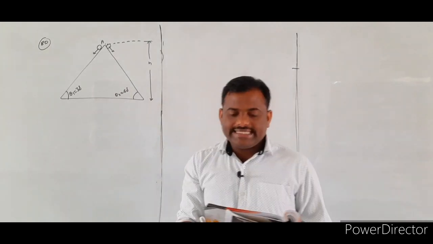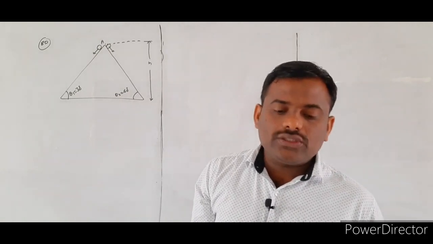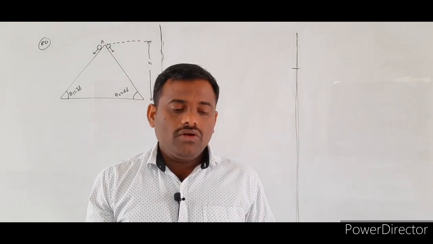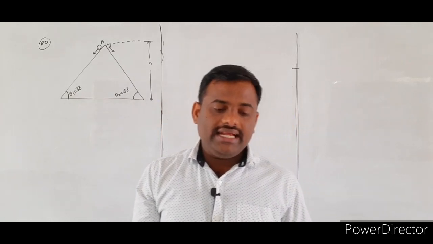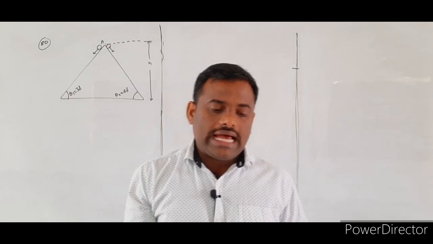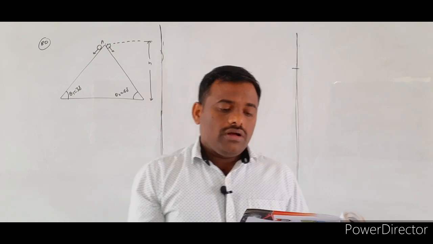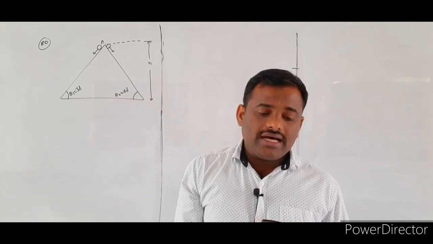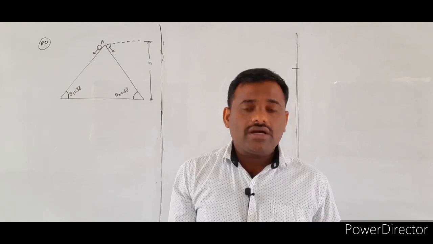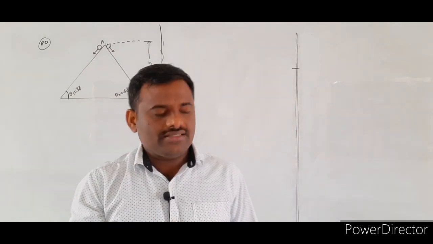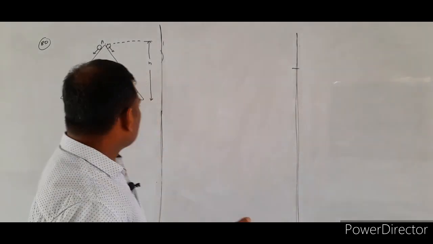Problem number 80. It's another very important question. Two inclined frictionless tracks, one gradual and the other steep, meet at the point A, from where two stones are allowed to slide down from rest. The speeds of the two stones on reaching the bottom are v1, v2 respectively. The v1, v2 are related as. Already we discussed in the case of the smooth inclined plane. You wrote two formulas there.